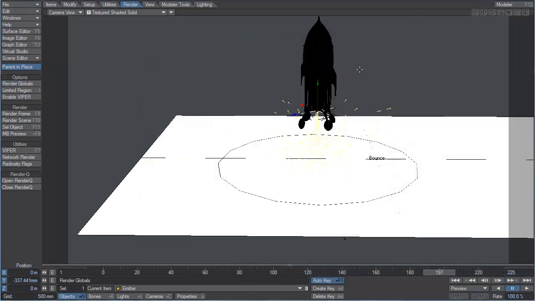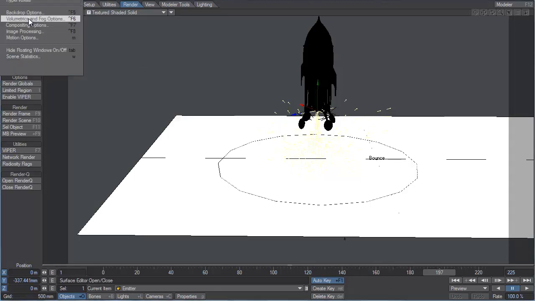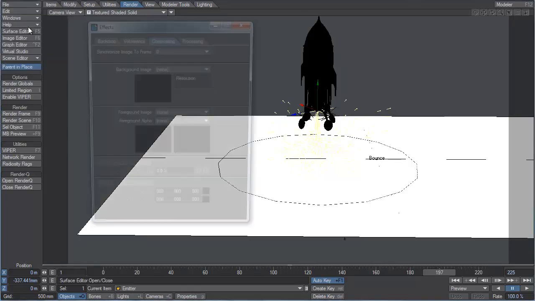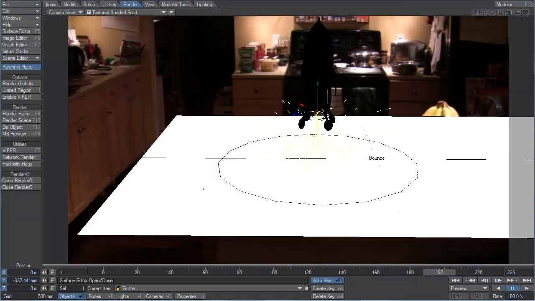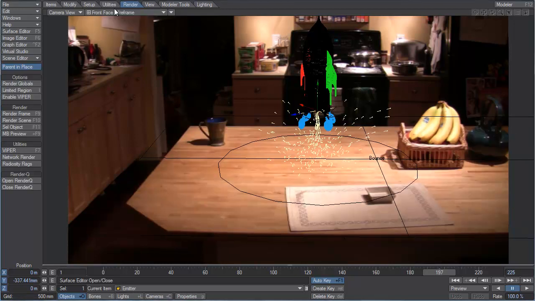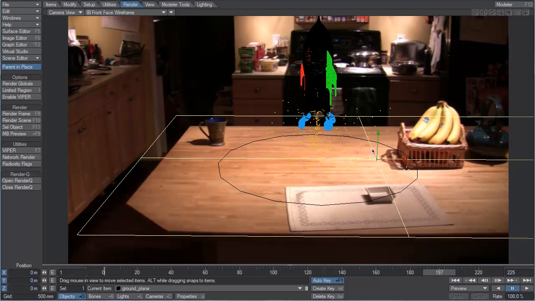And there's one more thing here. I just want to turn on the backdrop image. It's the rocket ship plate sequence. And I want to make sure that the edge of my geometry here lines up with the edge of the actual table, because if we look in the wireframe mode, we'll see that the table ends there and the shadow must wrap over here, and we can see that the line of the geometry doesn't quite match up. It's important to try to get that right, otherwise the shadow will extend past the table once we get into compositing. So I'll grab this piece of geometry and simply shift it over,